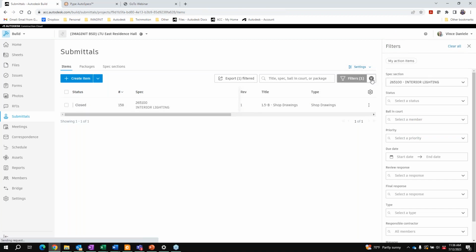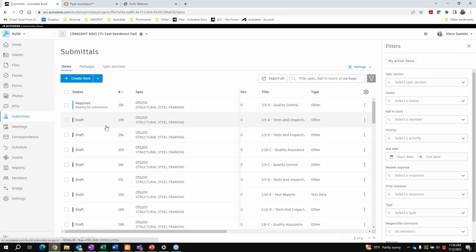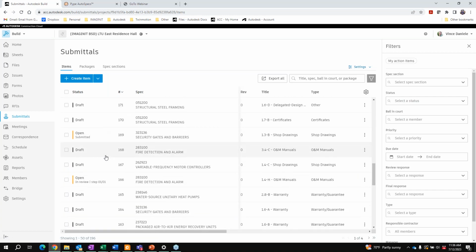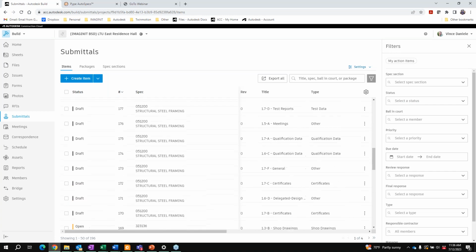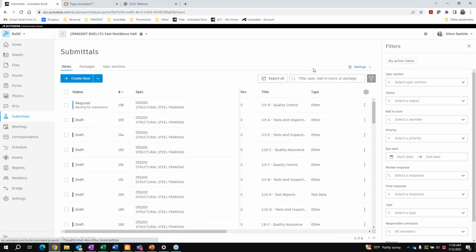So again, as a manager, if I clear my filters out, I'm going to see all of the submittals, whether they're open, closed, draft, pending. But for someone like Shane in this project, who is only associated to certain submittal reviews, I don't necessarily want my lighting designer to see all of the closed submittals for structural or mechanical. So in the past,